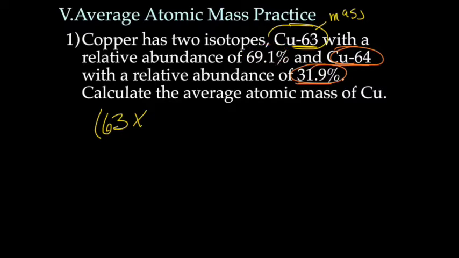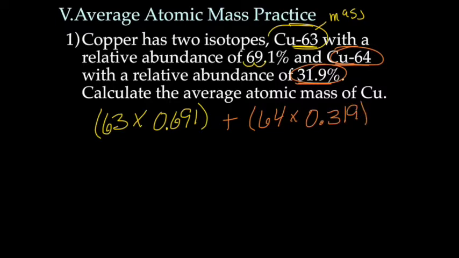And remember, when you have a percent and you want to write it as a decimal, you move the decimal back 2 places. So it's 63 times 0.691. And we're going to add to that the mass of copper 64 times its percent written as a decimal, which is